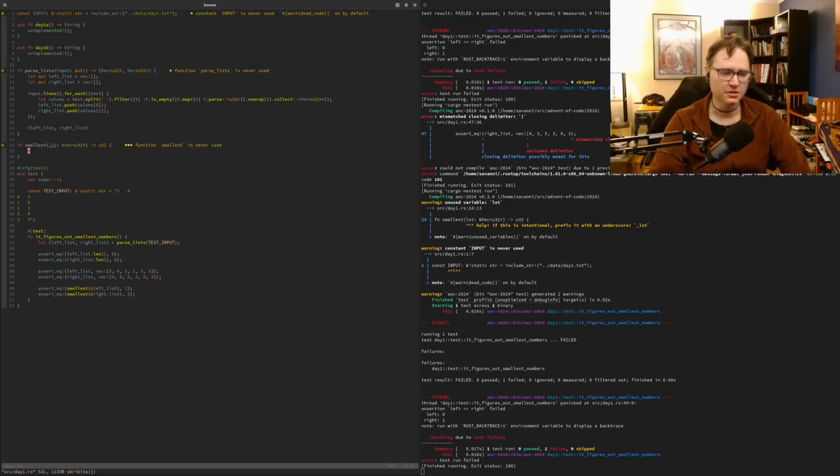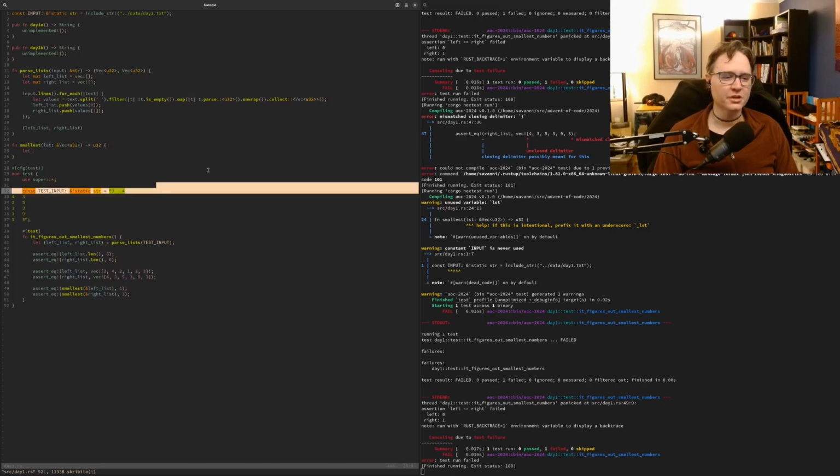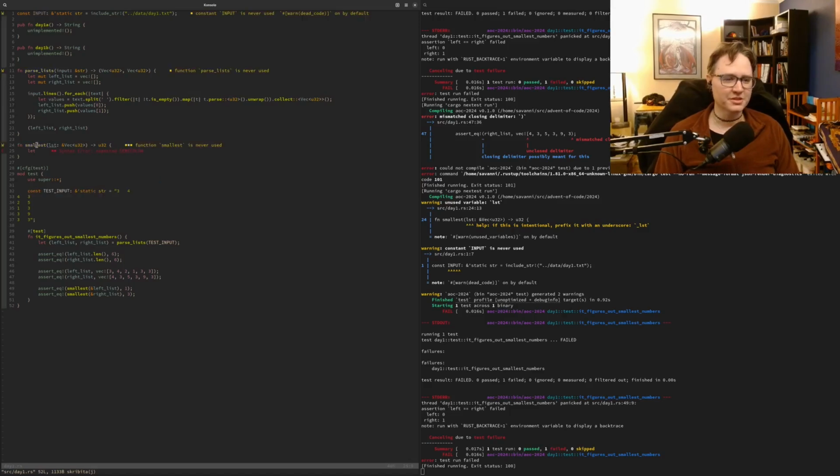Since we are just dealing with numbers, the way I'm going to handle this is I'm going to sort the list. I don't actually know that smallest is going to be valuable in the future. In fact, I already know that smallest isn't going to be a valuable function.